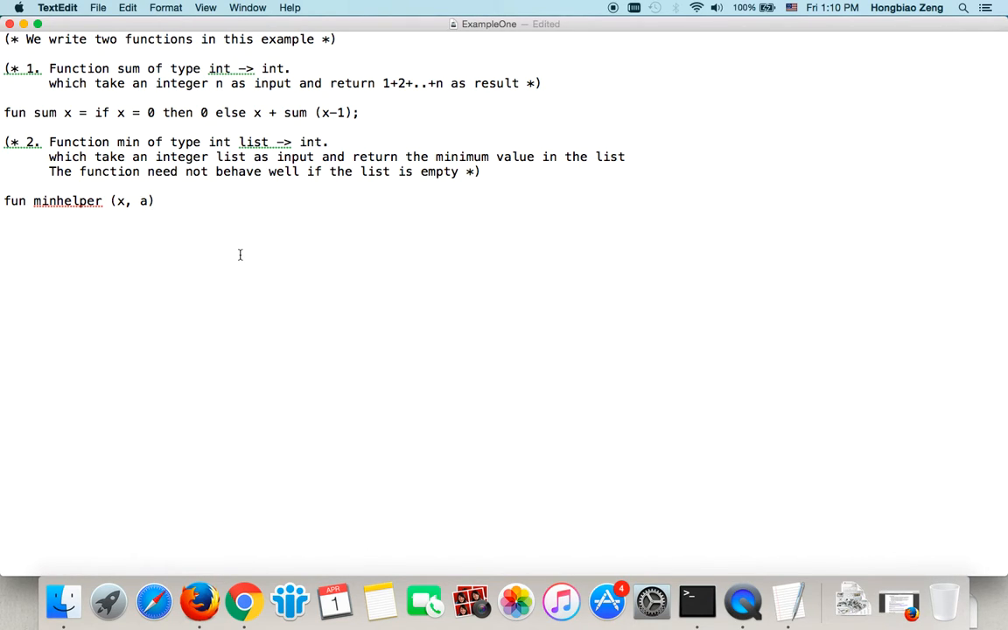In this case, I use recursive thinking. The recursive thinking is this: if the list x is empty, then the minimum between a and all the elements in the list x is just a, right? So the first case, if x is empty, then the result is just a. Else, if